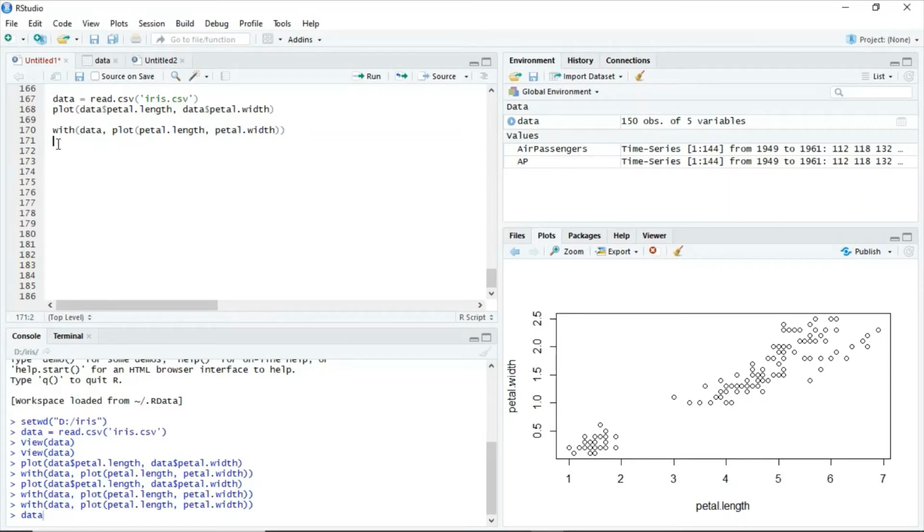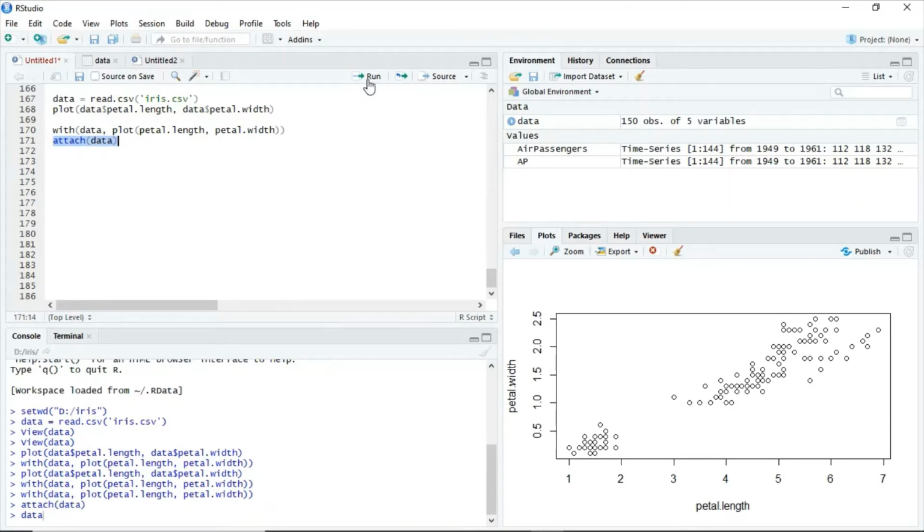However, this is a simple modification of the scatter plot. So we need to define this scatter plot in more detail. For that purpose, we have to learn one more function which is known as the attach function. See, here I am using the attach function. Try to understand, our intention is to improvise the plot. Whenever I'm using the attach function, there is no change in the plot.